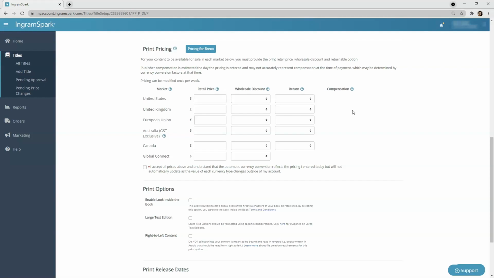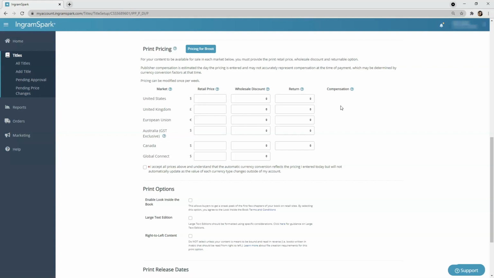If your strategy includes your book being carried in physical stores, we have found that bookstores are not likely to carry your book without the full trade discount of 55%. If physical bookstores are not part of your release strategy, the discount you choose becomes less important. You must determine what your goals are. Remember, the discount you're providing here is the wholesale discount and not the retail discount. If you want bookstores to receive an industry standard discount, your selected wholesale discount will need to be between 53 and 55%. The next thing you'll need to decide is your book's return status.